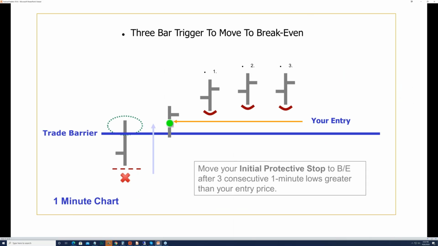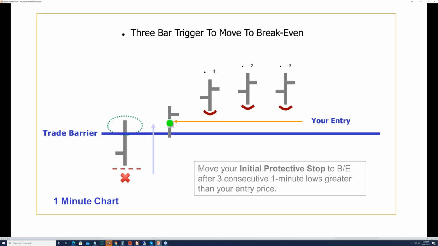We'll just go ahead and skip past a little bit here. Here's a little freebie I'll give you. It'll take a minute to describe this, just so you get another takeaway out of this seminar here. Regardless of what your strategy is or how you're taking trades or what type of charts you're trading on or what time frame you're trading on, a little trick to use to know when to get to physical break even, that's where you actually drag your stop all the way to your entry so you can't lose,